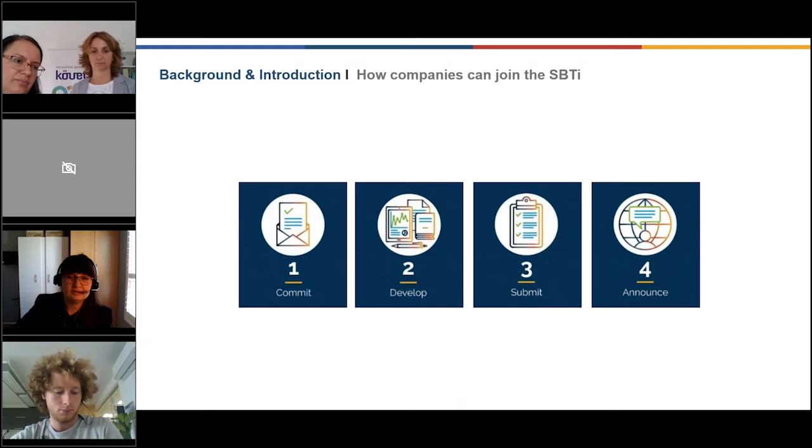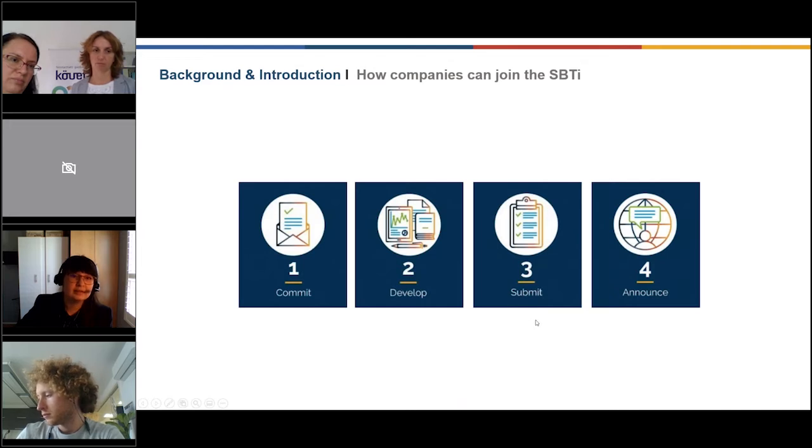And then step 3, submit to the Science-Based Targets Initiative for verification. We offer a target validation service, which is a paid offering where we turn around an in-depth technical review of your targets within 30 business days, and offer feedback and recommendations. And then should your company be approved, move on to working with you to announce your target on our website